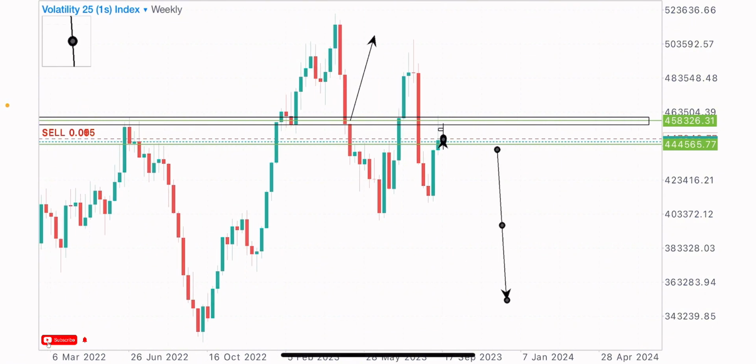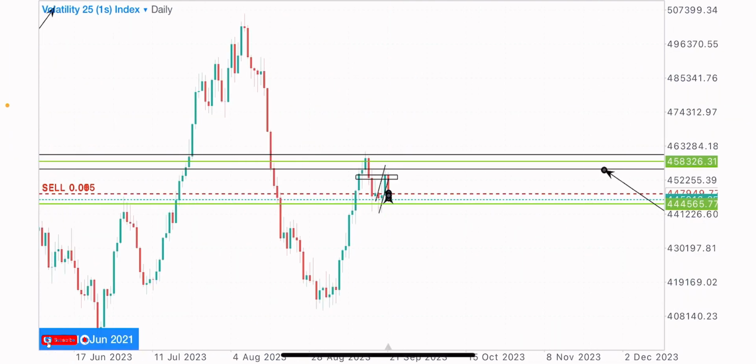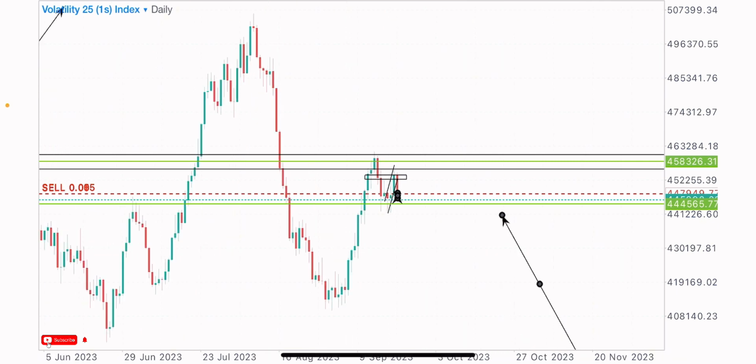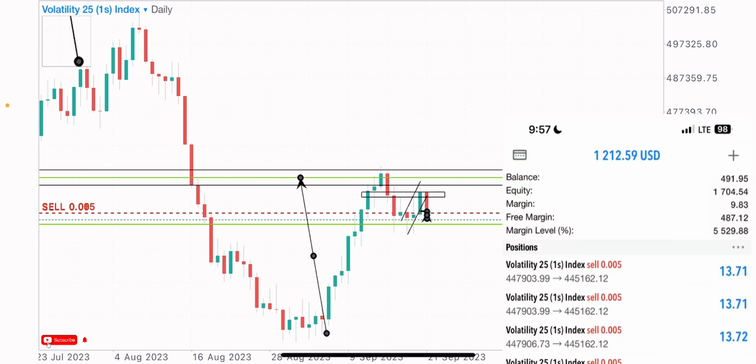So we got the retest basically, which I was expecting. We got the retest at this point on the weekly time frame. So I went to the daily time frame to have a clear view of the market. In the daily time frame, you can see that we got a test on this level, a clear test on this identified key level at this zone. The market sold to the downside. So I was waiting for a proper sell formation, a proper bearish formation to take my sells on this index,